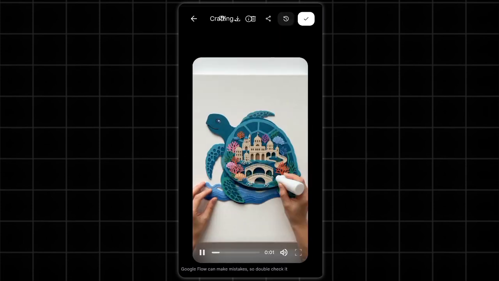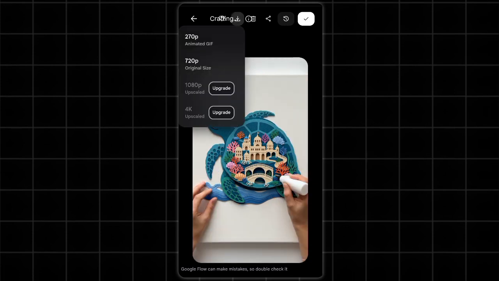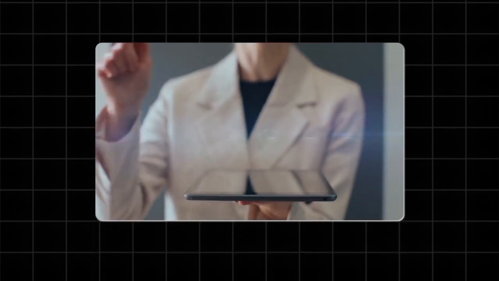Now see this? It's amazing. Just download it. So here's the complete guide to make this type of paper